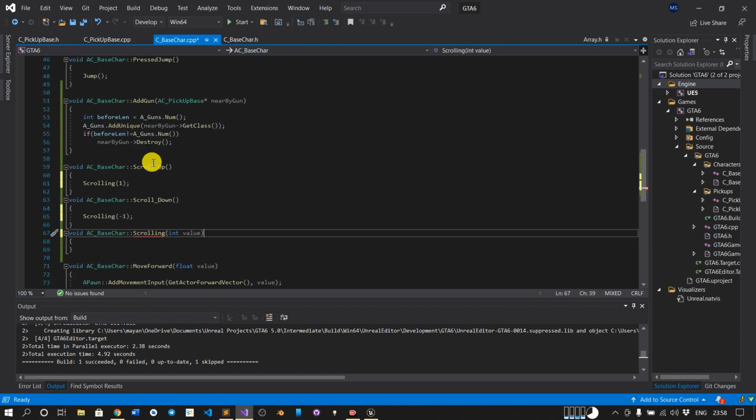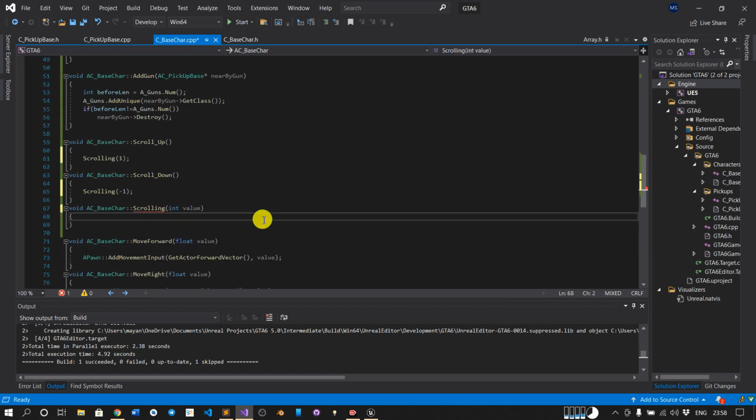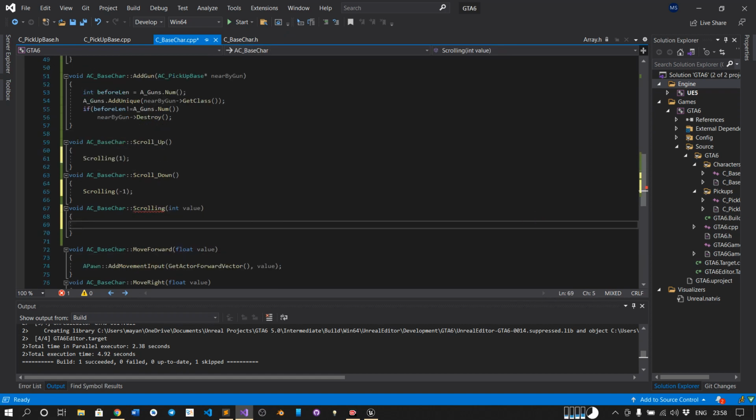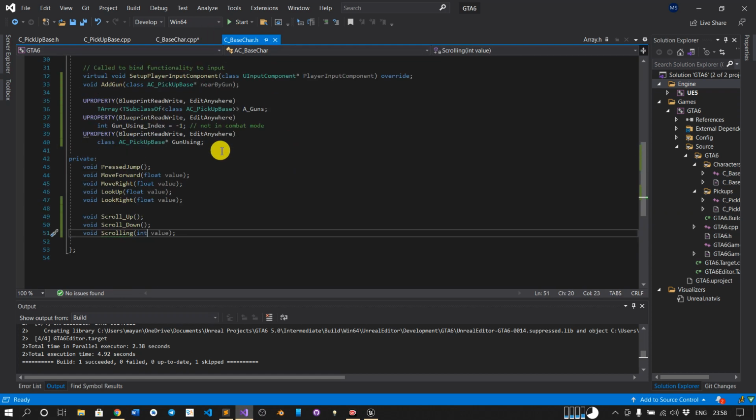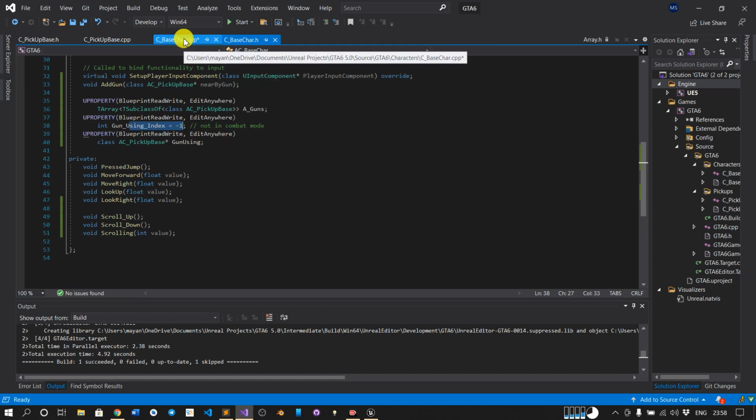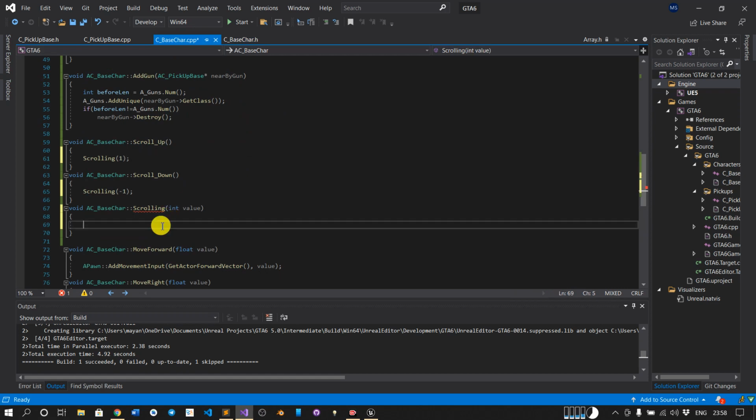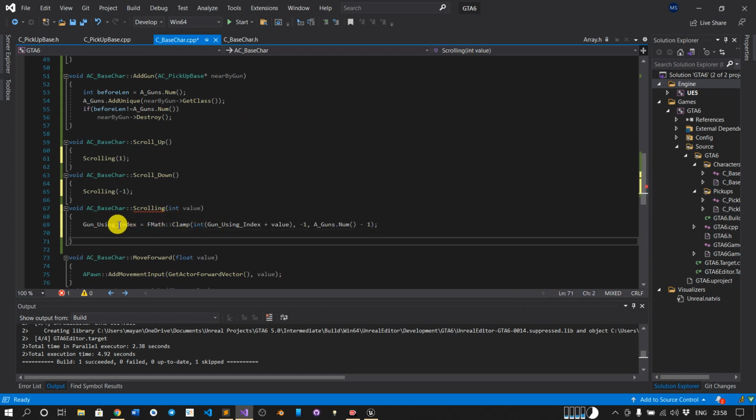And perfect. So first we will check with the Clamp node, because as we scroll down, we will increment our index variable by 1. If we scroll up, we will increment and decrement it on this basis. So we will do GunUsingIndex. FMath contains the various mathematical tools.